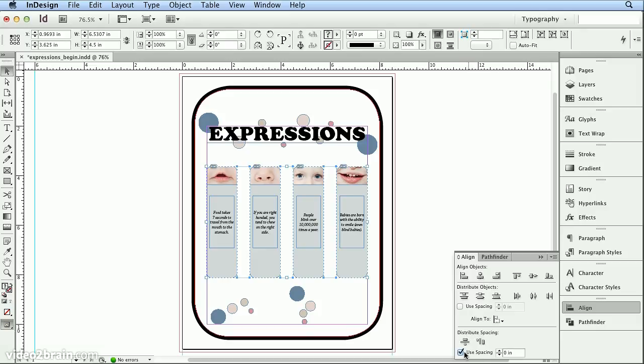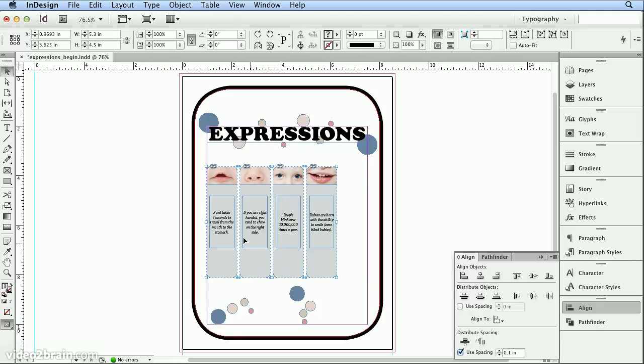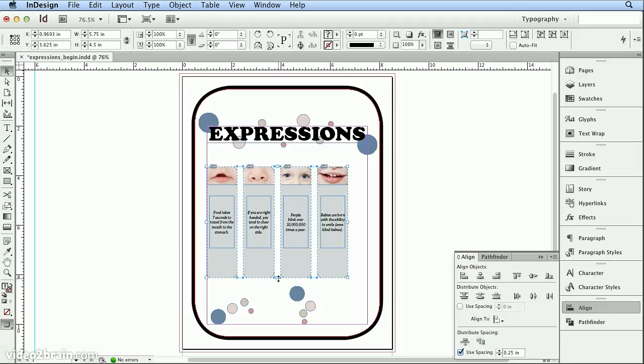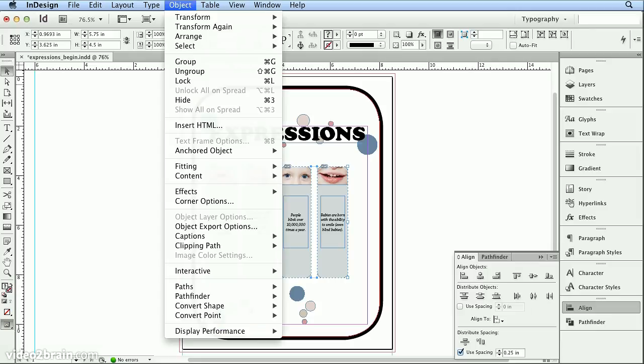If I check Use Spacing, I could type in 0.1 for 1/10 of an inch and hit the Distribute Horizontal Space, and each one of them gets 1/10 of an inch between them. Or for a little bit more, 0.25, and then hit Distribute Horizontal Space, and they now all get 1/4 of an inch between each. But I want them centered to the entire page, so I will group them all as